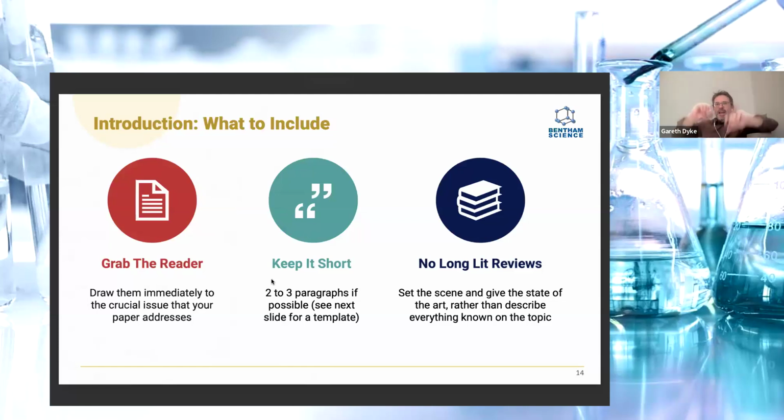So, if you remember that a research article published in the academic literature is going to be, let's say, about 5,000 words in length on average, how many words have you got for your introduction? Well, you're going to end up with about 1,500 to 2,000 absolute maximum number of words in your introduction. So what are you going to do? Well, first of all, you're going to keep it short. 2 or 3 paragraphs if possible. We'll give you a template for that in a moment.